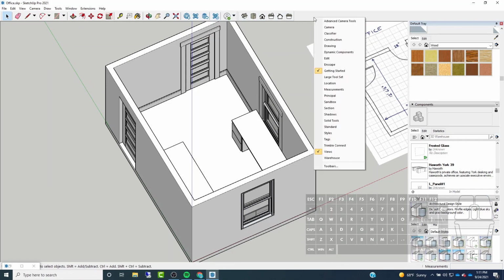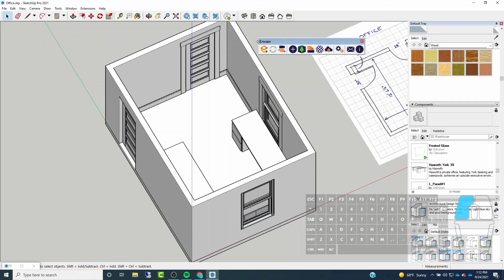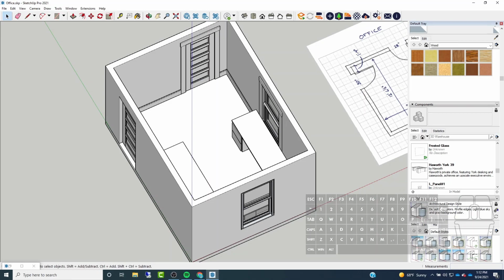Once we're back in SketchUp, the first thing you need to do is right click on your toolbar and enable the Enscape tools. I'm just going to click once, and that's going to bring up Enscape, and then you can drag this and drop it onto your toolbar. That should be the only thing you need to do within here. But once you have the toolbar up, if you want to verify your license, you just want to go here to,